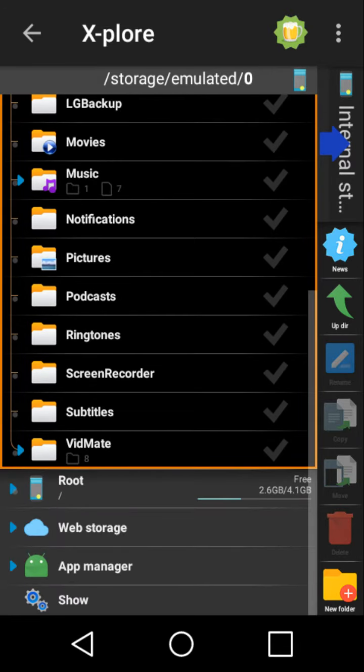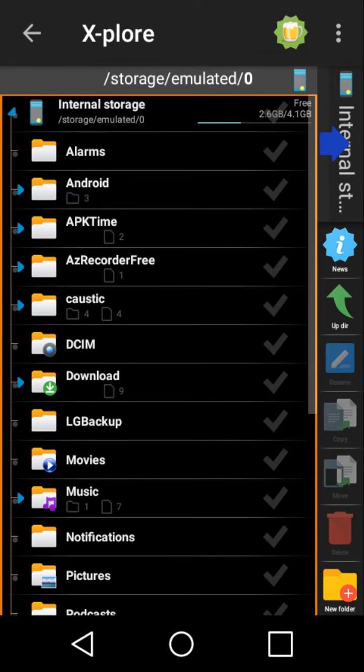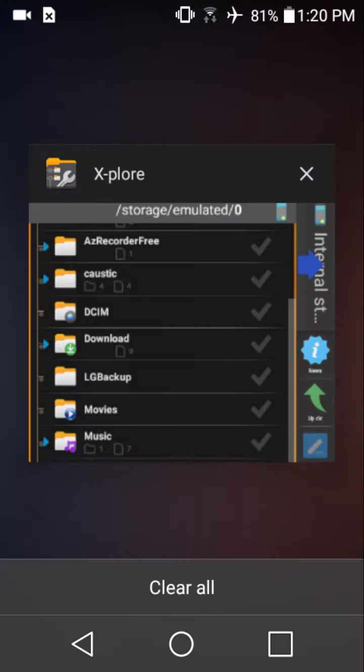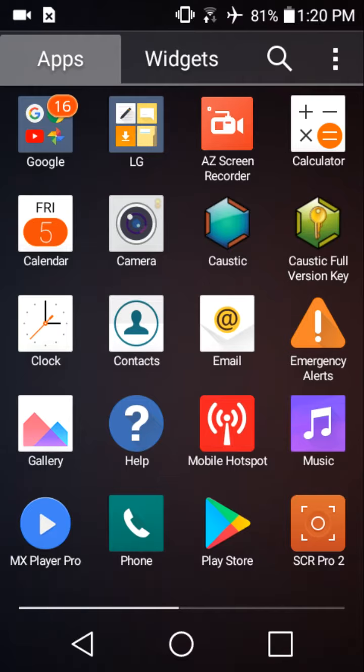okay, so this is what you have to get used to right here. Don't get discouraged, don't get overwhelmed or think, oh my gosh, what the hell is all this stuff? For example, you see the folder DCIM. Okay, so if I got out of here and went clear all, and say I wanted to take a picture with my camera,